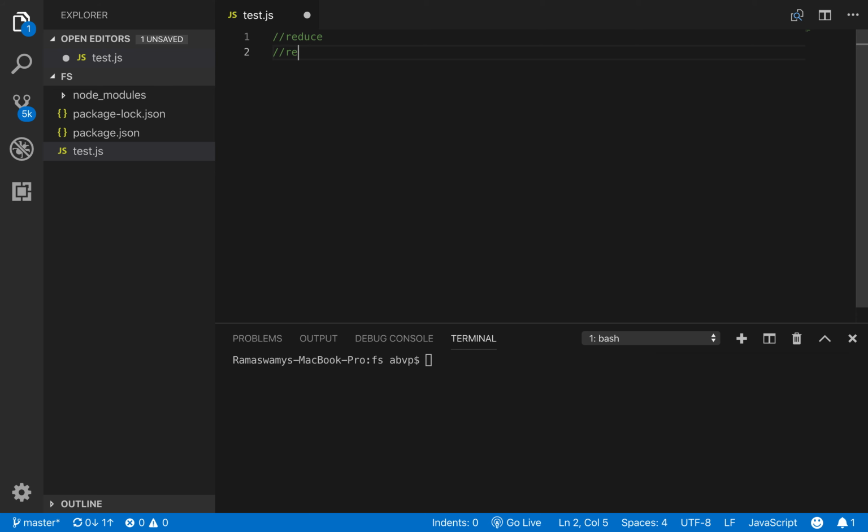So the syntax of reduce is reduce that takes in two arguments, array and function that returns a single value.